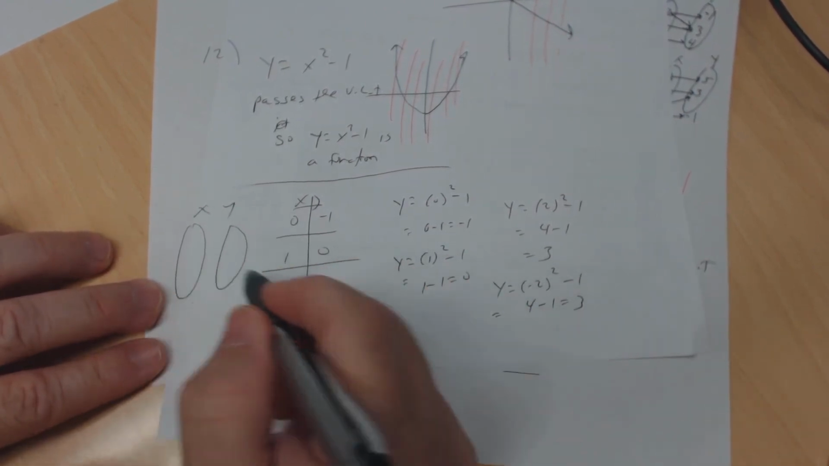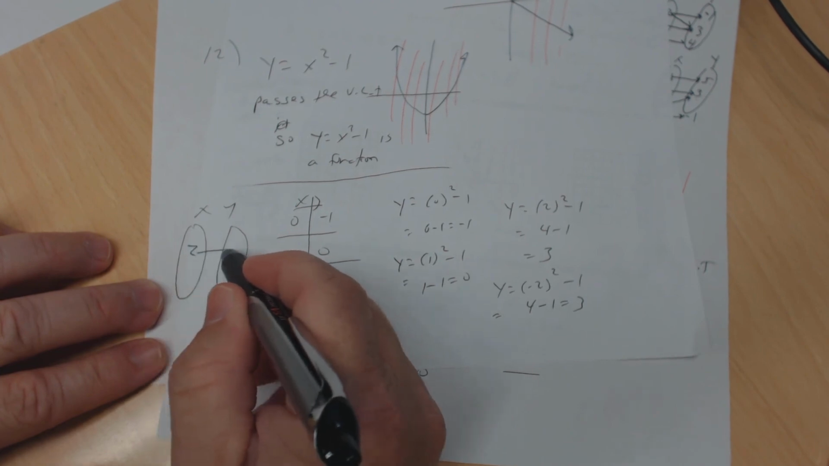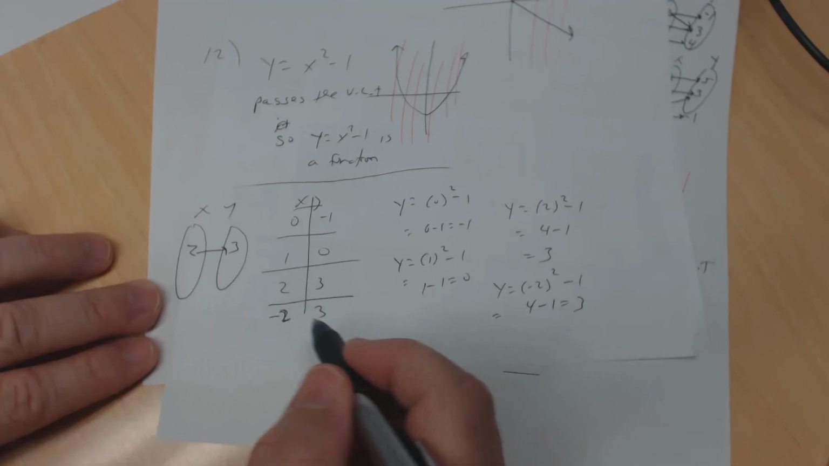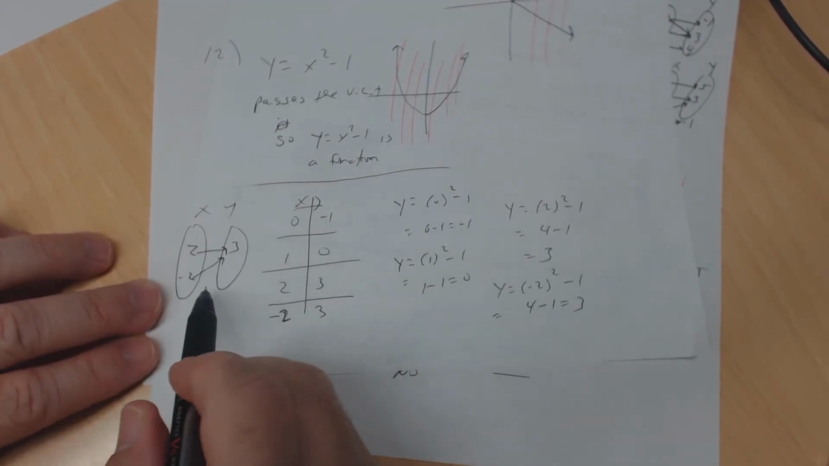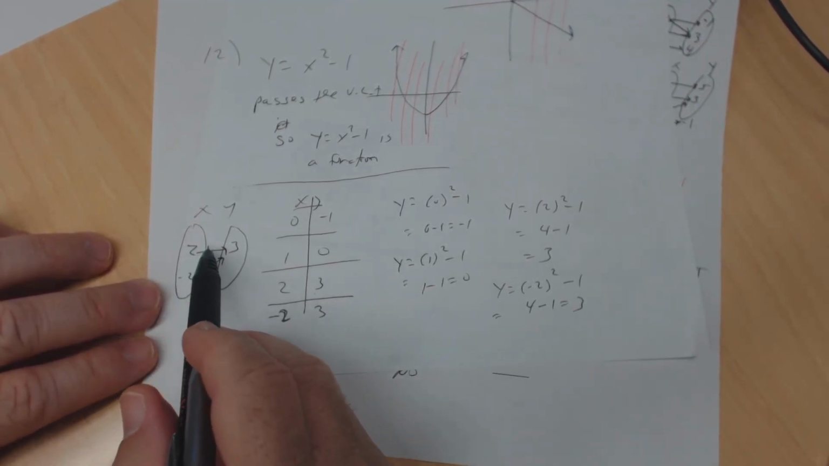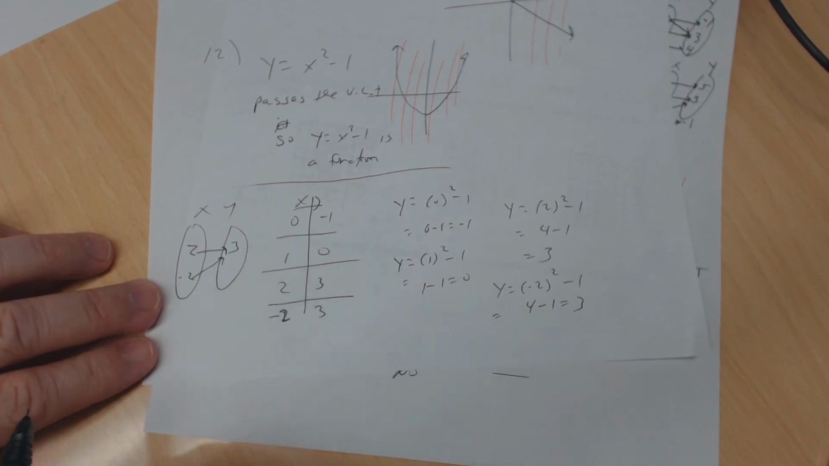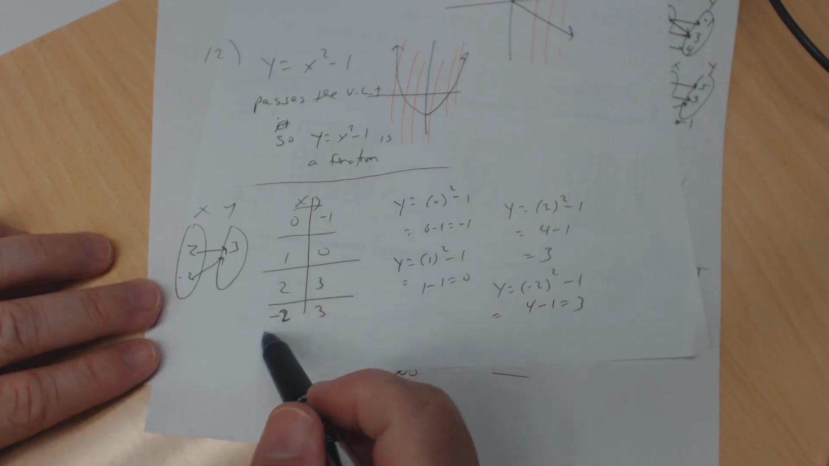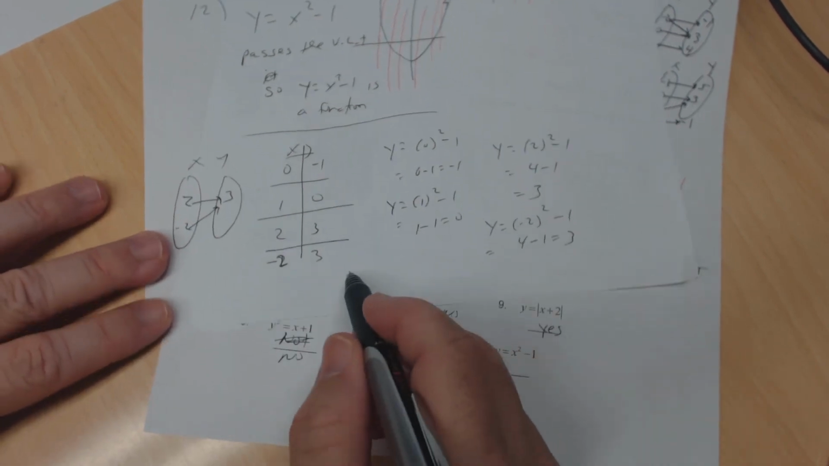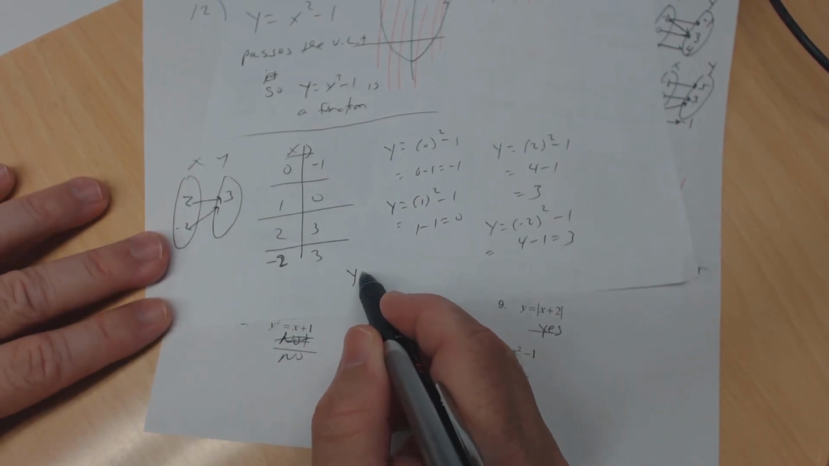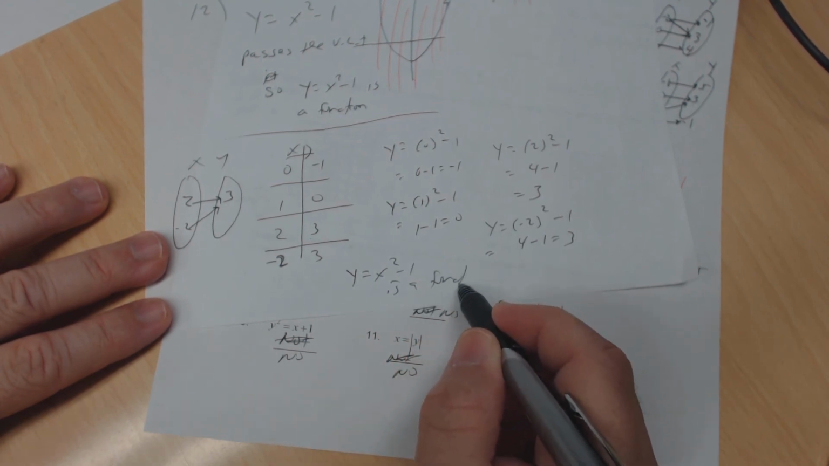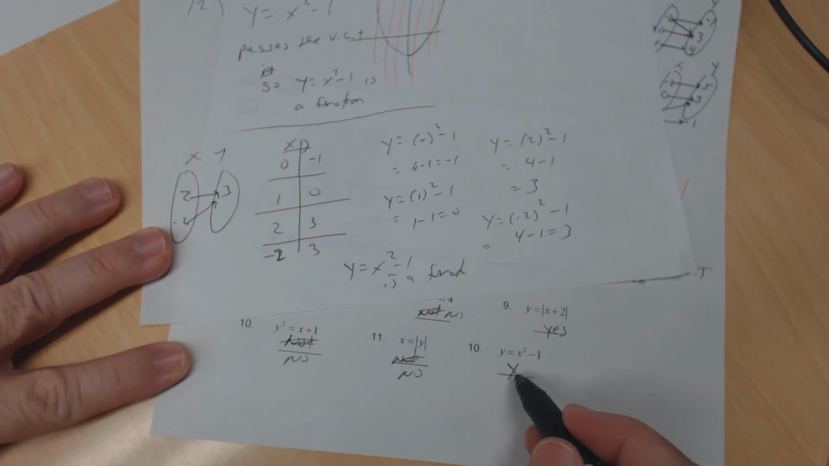For each x coordinate, let's do the 2 and negative 2, there's only one y coordinate. So notice that when x is 2, y is 3. When x is negative 2, y is 3. It's okay for these x coordinates to have the same y value. All right, and if you keep on going, you'll see that for each x coordinate, there's only one y coordinate. So this is a function. So y equals x squared minus 1 is a function. So I'm going to say yes here. All right, so